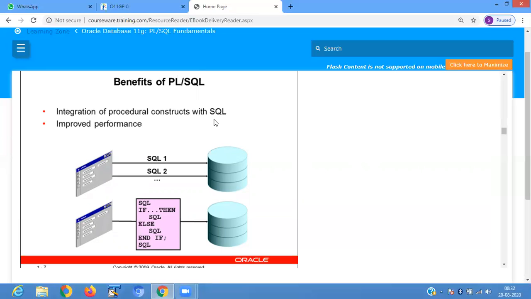If you notice here, we have SQL1 and SQL2 statements, and these SQL statements are included in the if then else logic. So if then SQL statement, else then SQL statement are included in this part.